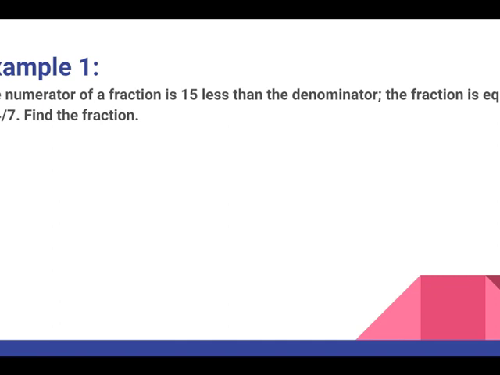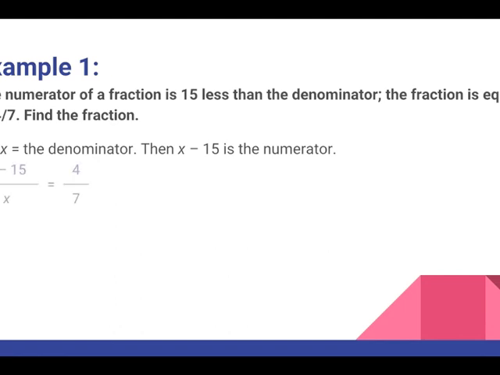So they give us this word problem that tells us that the numerator of a fraction is 15 less than the denominator, and the fraction is equal to 4/7. So we have to figure out what that fraction is. If we set x equal to the denominator, we know that the numerator is 15 less, so x minus 15 must be our numerator. And we know that that whole thing is equal to 4/7, so we can just set that up as an equation where we have x minus 15 up in the numerator, x in the denominator,